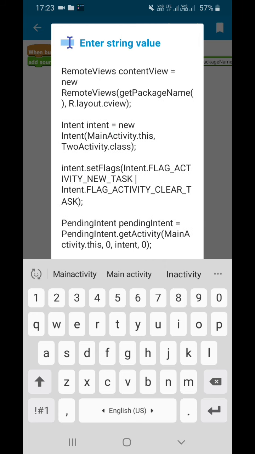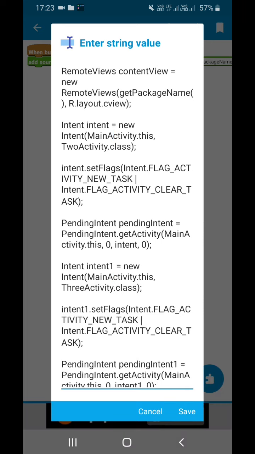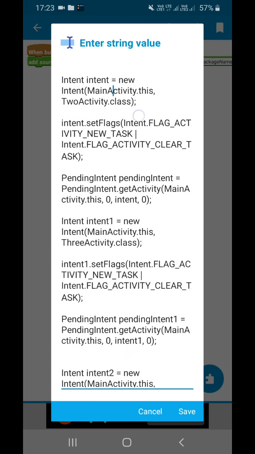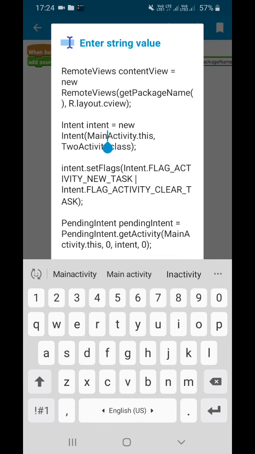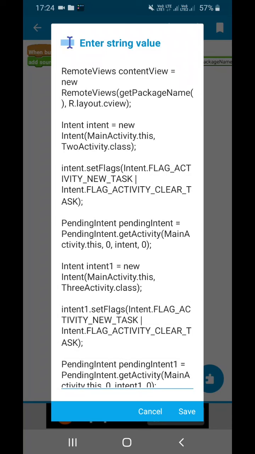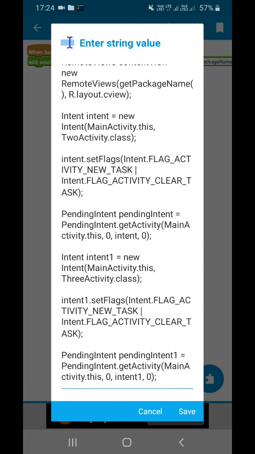I have put intent here because when one is clicked, it will open the second screen. When two is clicked, it will open the third screen, like that. So I have given intent here. This is the activity name, this is the main activity, and from this it will go to this. From main activity it will go to the second activity. Here you have to put this one also.